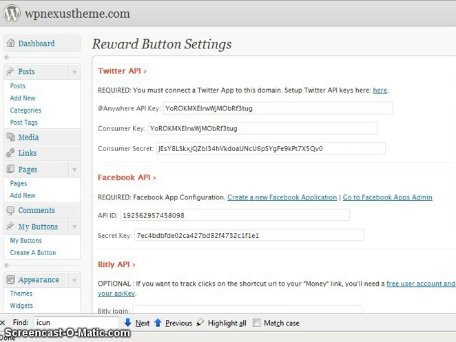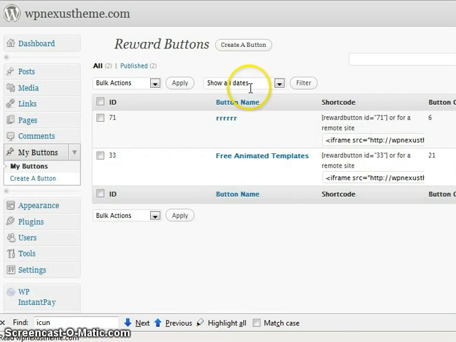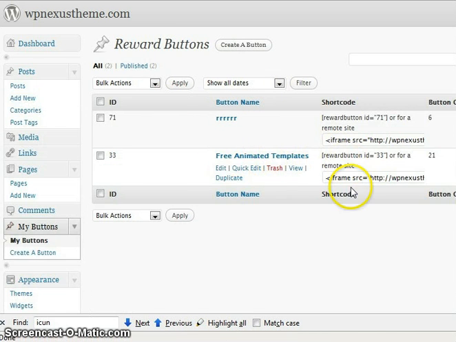Right, so that's all the reward button settings established now. Now it's time to start creating buttons. So if you go to the buttons tab and click my buttons, I've created a few already, so I'm just going to go into one of these existing ones and talk through